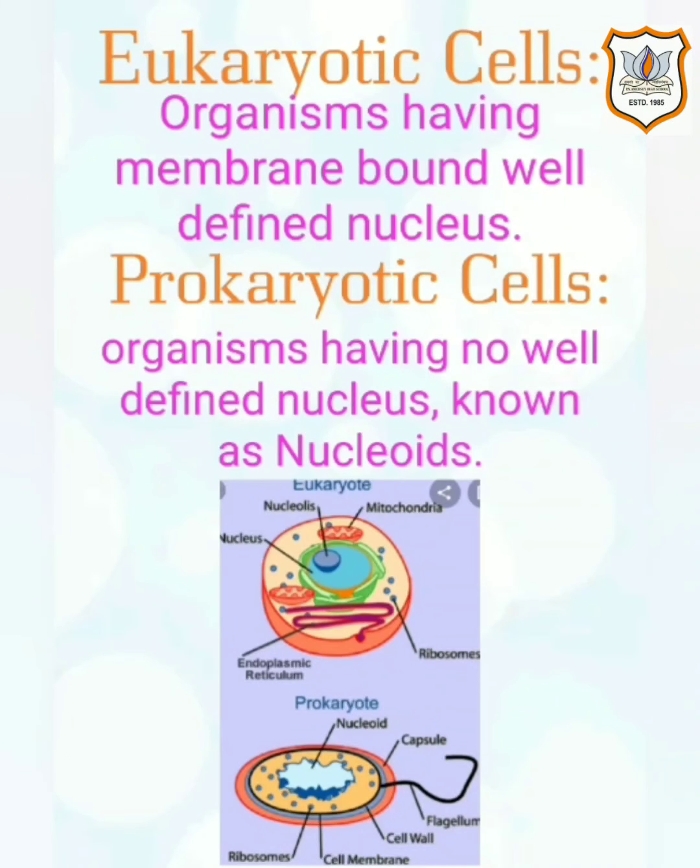In some organisms like bacteria, the nuclear membrane is absent. Hence, we cannot specify their nuclear region properly. Such an undefined nuclear region containing only nucleic acids is also known as nucleoid. Organisms whose cells have no nuclear membrane are called prokaryotic cells, while organisms with cells having a nuclear membrane, well-defined boundaries of the nucleus, are known as eukaryotic cells. Examples of eukaryotic cells are higher order living organisms like us.